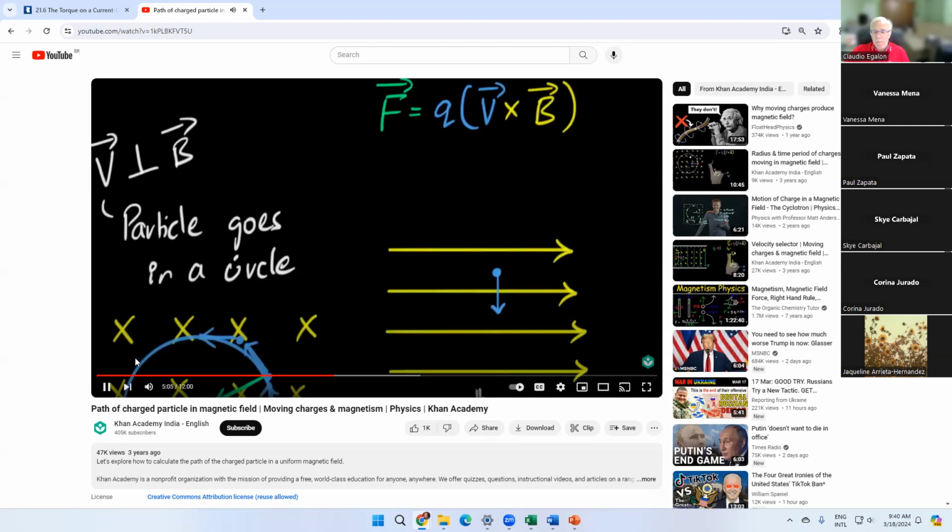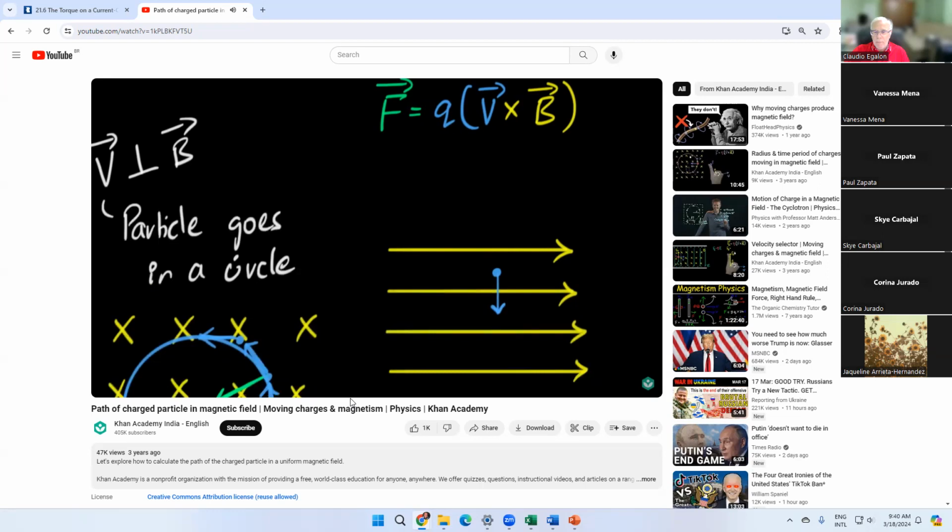But now I want you to use your right hand rule. Think about which direction the force is going to be, and think about how that circular path is going to look. This is going to be in 3 dimensions, so you'll have to visualize a little bit. So why don't you pause the video and visualize what will be the path taken by the particle.